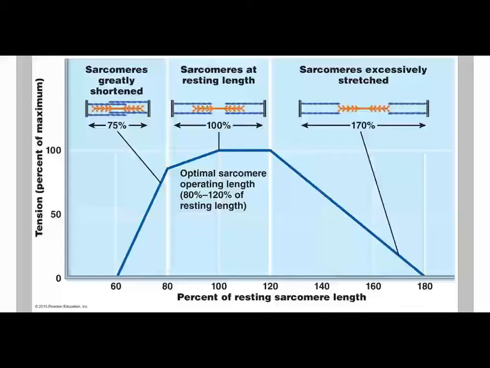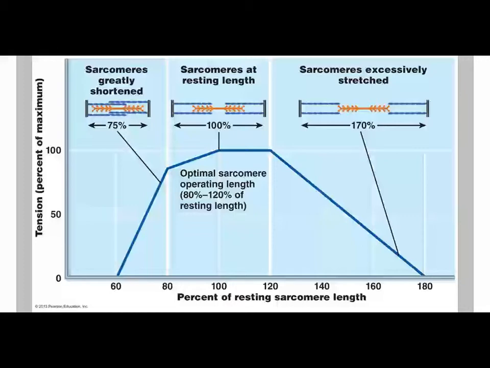A muscle that is unstretched, a sarcomere that is not stretched, does not give us a very strong contraction. That's because, remember, the actin, those are being pushed into the H zone towards the M line. Well, if the muscle is not stretched, if the sarcomeres aren't stretched, there's not really a lot of room to shorten these sarcomeres. But if we stretch a muscle first, here it shows it 100% stretched,